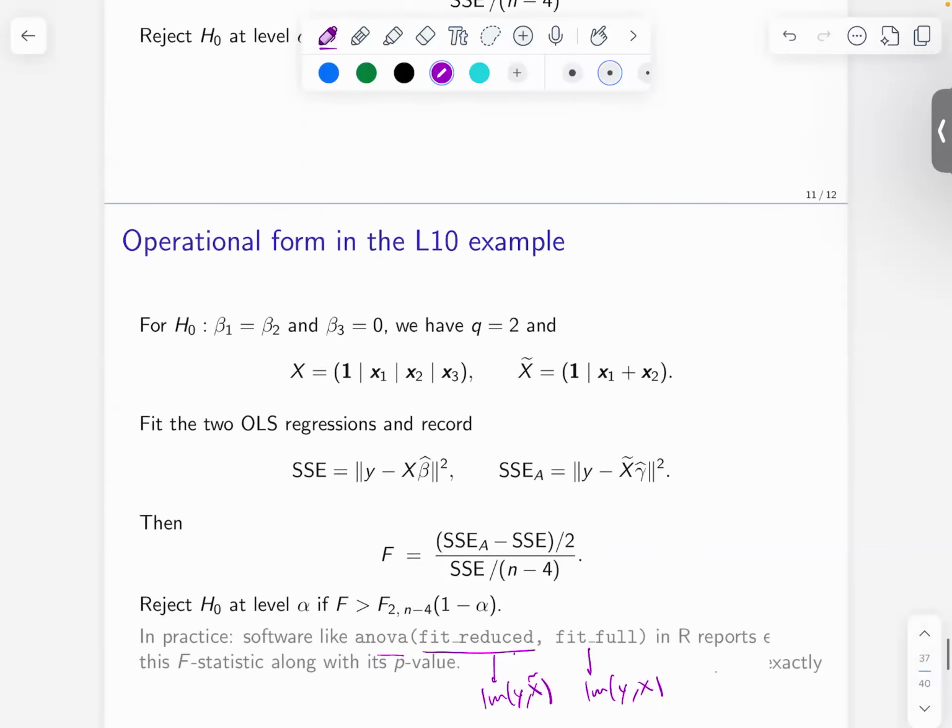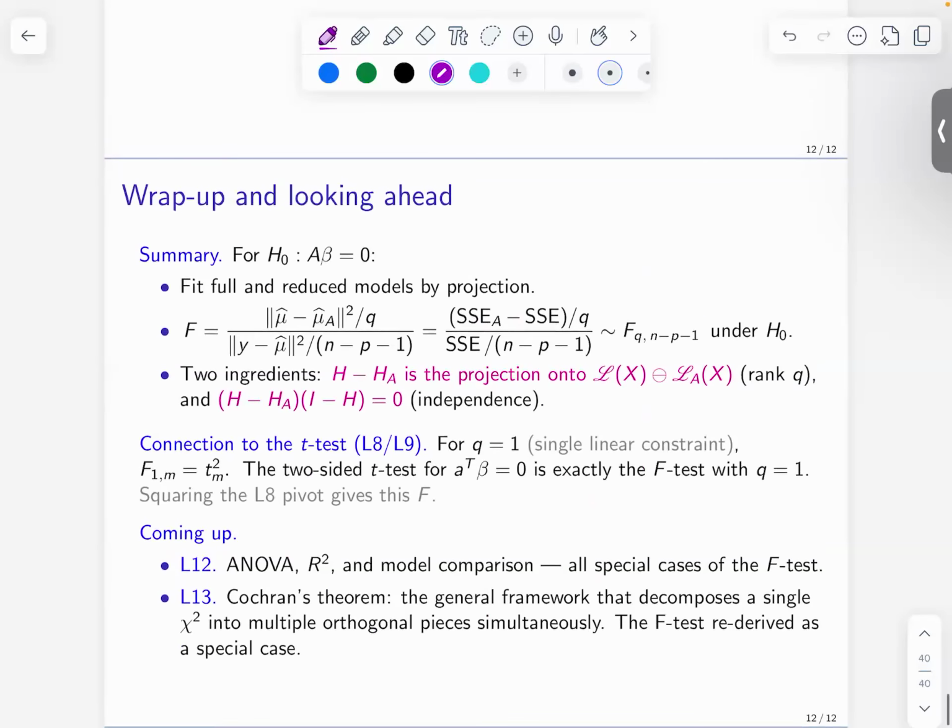Sounds good. I think we're done. Next time we're going to come back and talk about special cases and